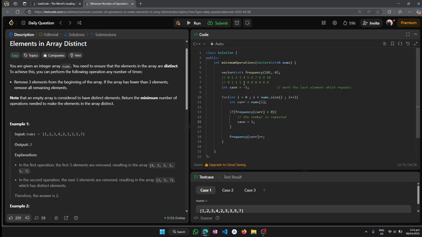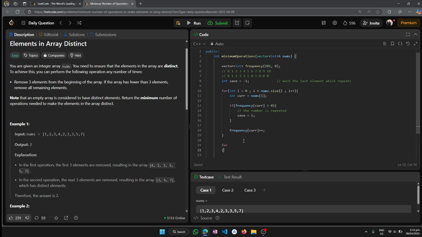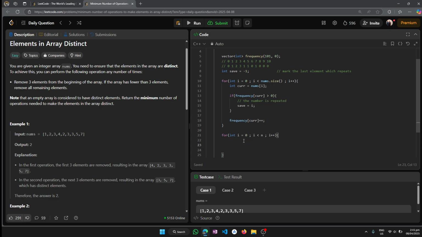So we encountered this 2, so this 2 is frequency 2. Then we encountered 3 two times, so this is going to become 2 and then 3. Then I have 5 and 7. You see what I'm going to do? After this loop is done, I'm going to again iterate, not from 1 to 0, sorry, from 0 to n. And then over here, what I'm going to do is,